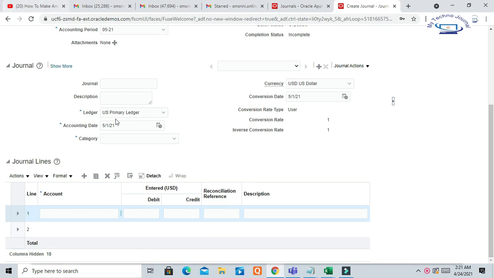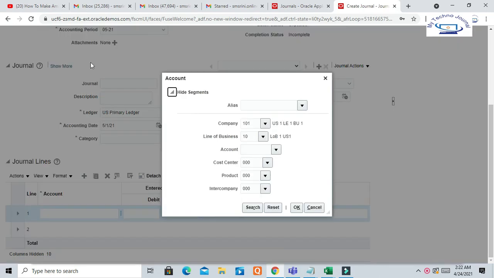Okay. So now you can see, okay, for the company code we have created relationship for 101 for cost center segment and product line segment. Okay.